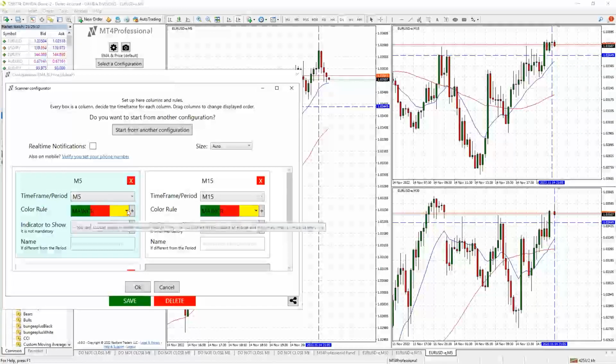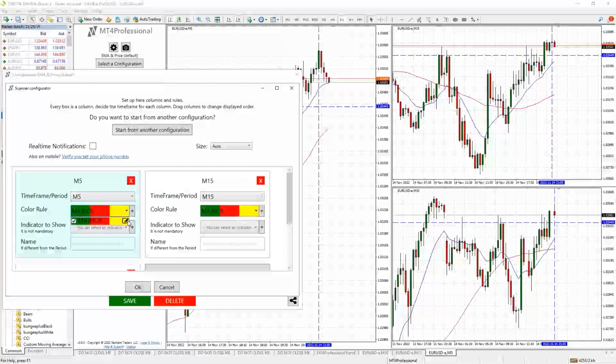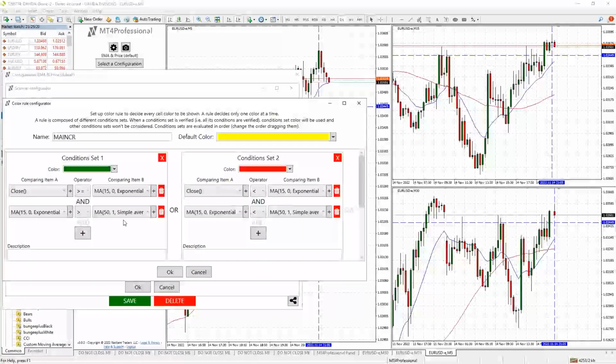Whatever color you like is set up and can be used here. If you pull down the menu here on the right, you can see there's a little edit button there for this main color rule panel. If I click on that, then it gives me the ability to see what the rules are and to edit or update or change the rules that are there.